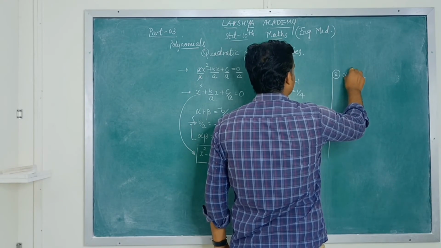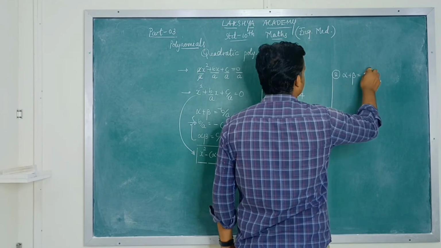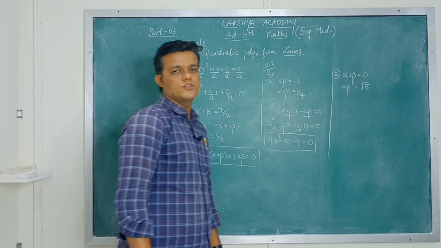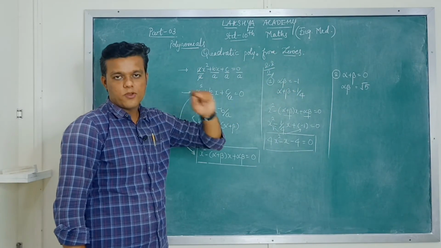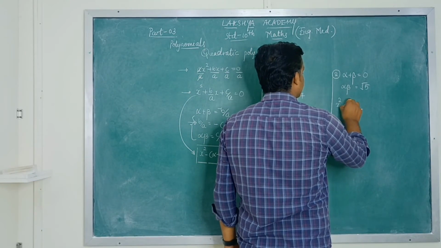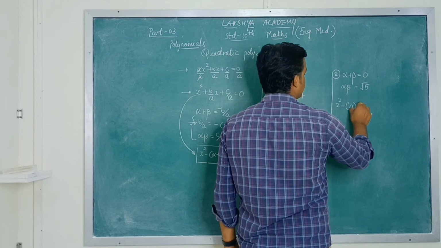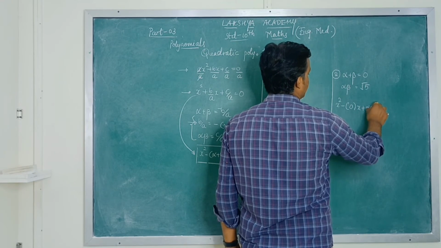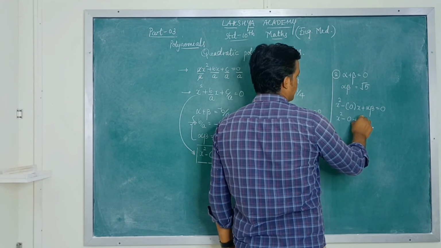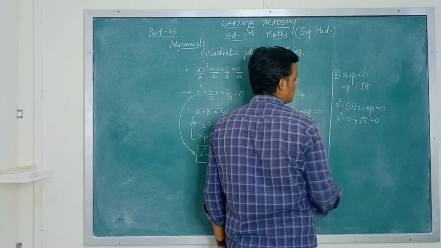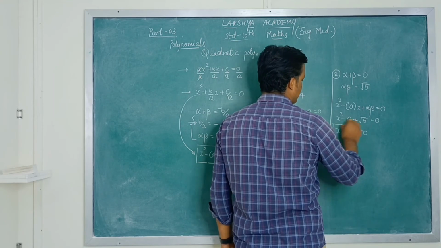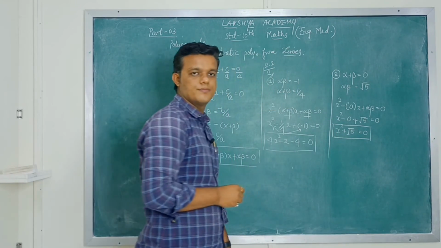Okay. Same like this, we will try to solve another example, where the sum of zeros is 0. Number 2, the sum of the zeros is given as 0 and the multiplication is root 5, and we have to find the quadratic polynomial from this. So it will simply be x square minus alpha plus beta, which is 0, x plus alpha beta equals 0. So this is x square minus 0 plus root 5 equals 0. So it will be x square plus root 5 equals 0. This is the quadratic polynomial, right?